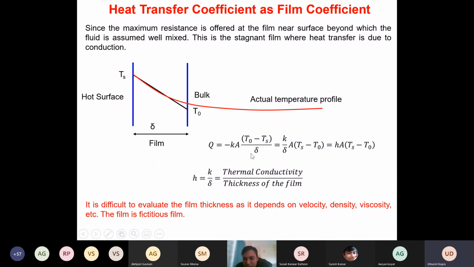And that's why I'm saying this h, heat transfer coefficient, depends not only on the velocity, but also on density and viscosity. Do you all agree? Of course, we will solve. Okay. So you might say that we are looking at a very simplified case. Why not solve the entire problem from the first principle without making this assumption of this h, isn't it? Correct? Yes or no? We will look at such a problem later on when we look at natural